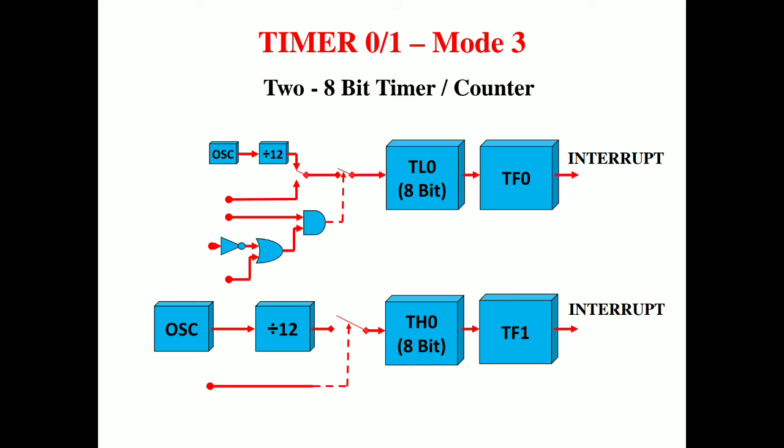When we are discussing timer mode 3, that is split mode, we are talking about the split mode operation of a timer. Of the two timers available in the 8051, timer 0 and timer 1, one timer, timer 0, uses its two registers separately for counting or incrementing the pulses. That is, the TL0 register is an 8-bit register which works as a separate timer,